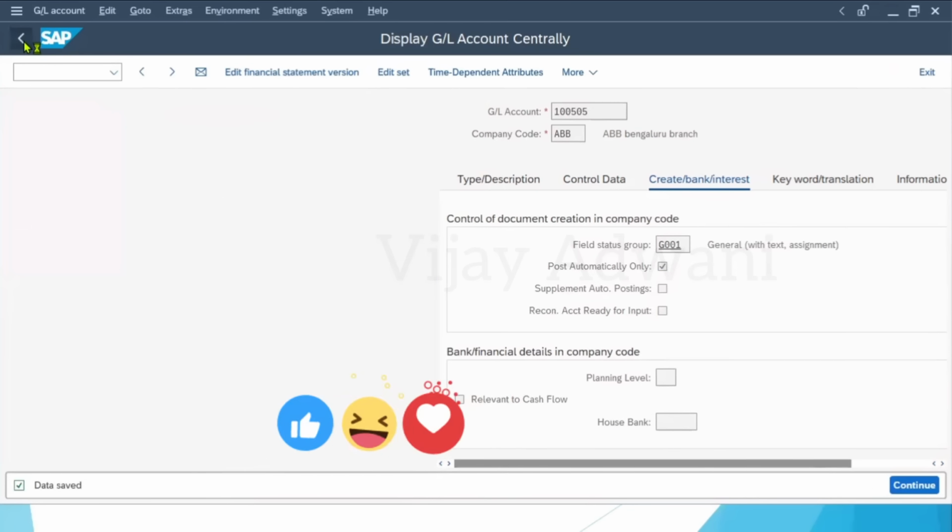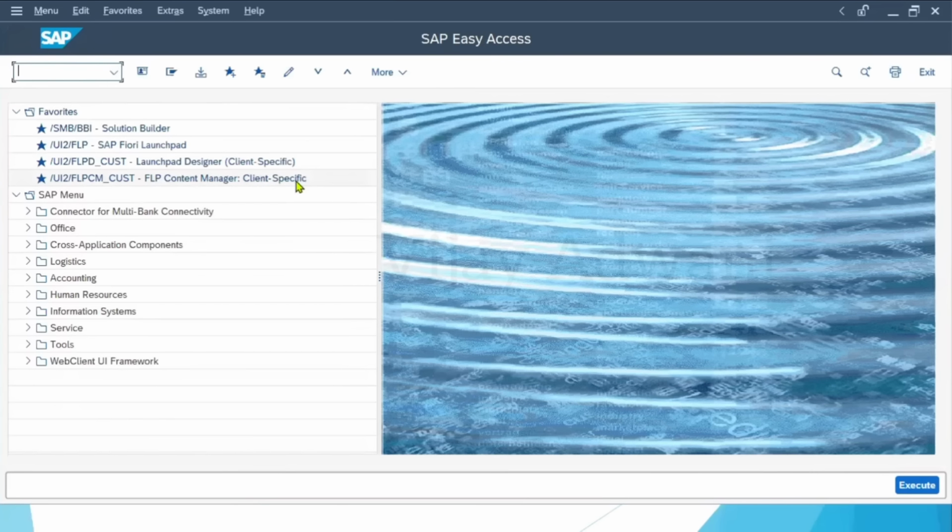Now what next? Now the OBYC settings have been completed. The configuration part is basically being completed. Now in the